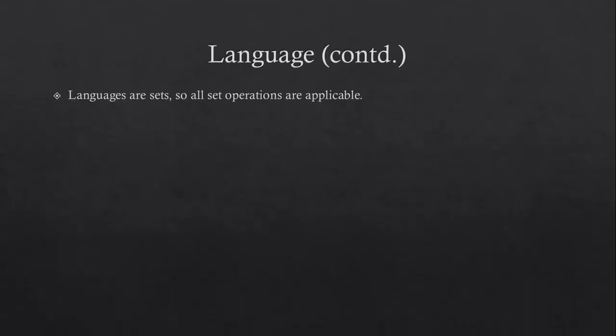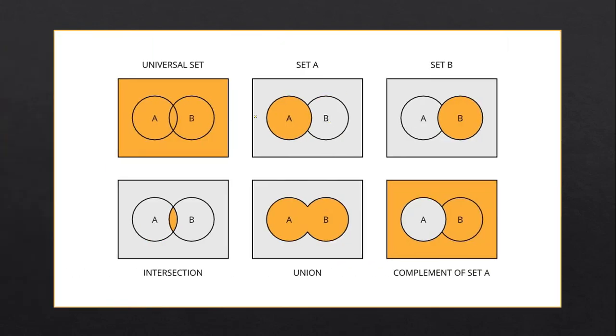We know languages are sets, so all set operations are going to be applicable on languages as well. Here are some set operations that we are all familiar with. We have the universal set that contains all the members, all the elements of the universe. And if we have a set A and set B, their intersection will only contain the elements that are both